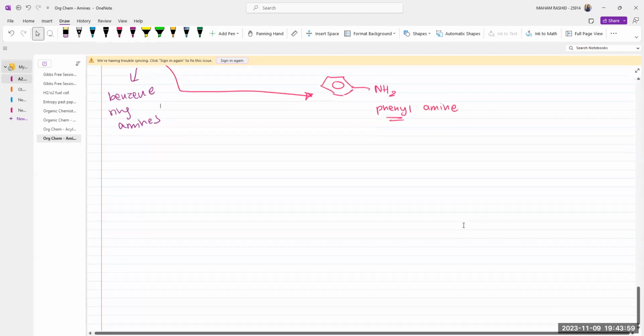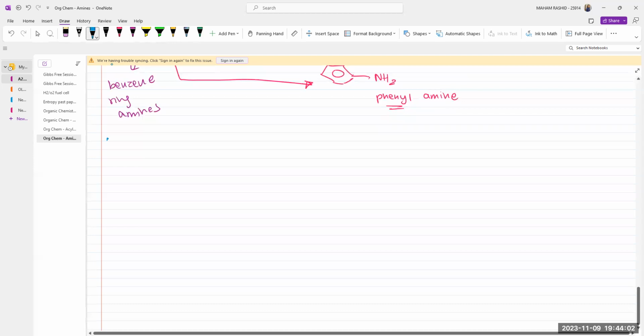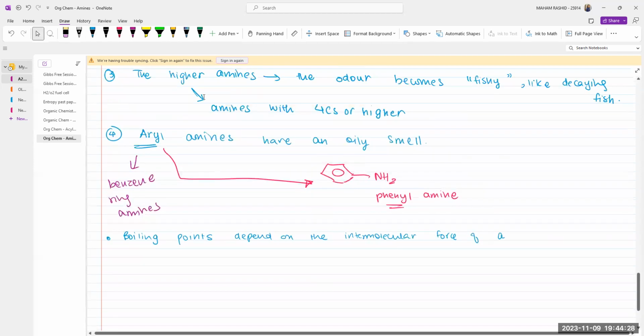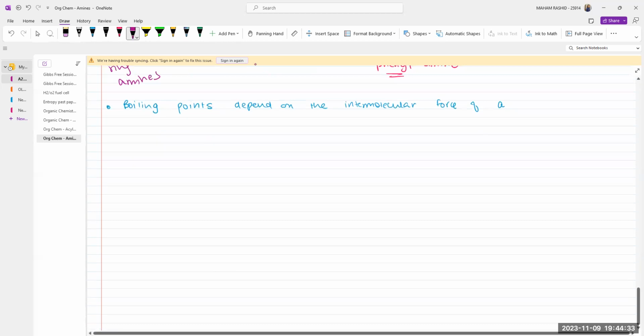Now we talk about the boiling points. We can't write a benzene ring as benzylamine or something, right? No, actually, because when you're doing any sort of naming,